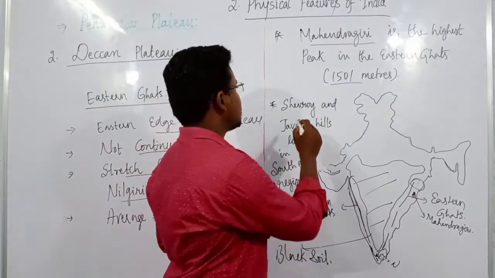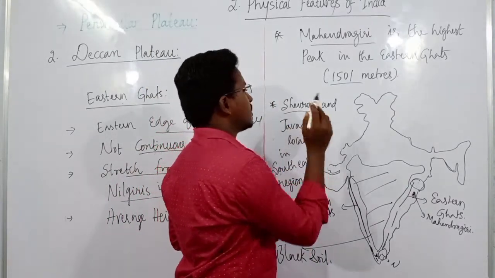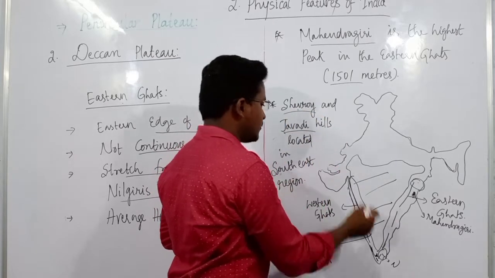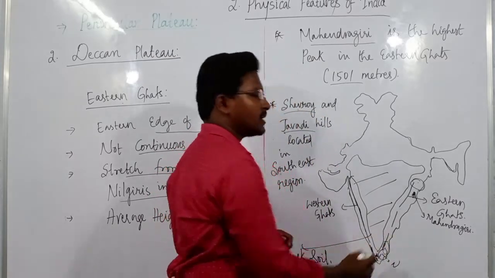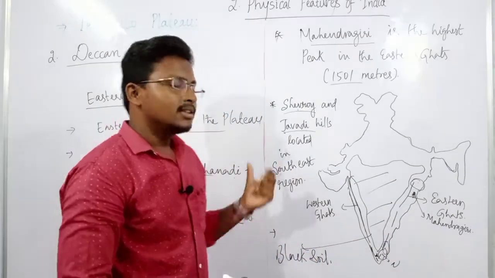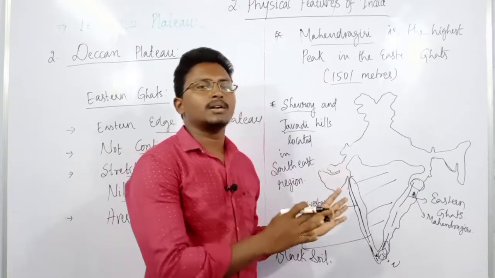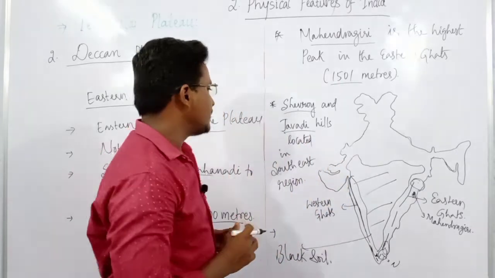And these Eastern Ghats also contain some of the other famous hills such as Shaura Hills and Javadi Hills, which are located in the southeastern part of this country. And the famous place Ooty is also part of these Eastern Ghats. And in the southeast,